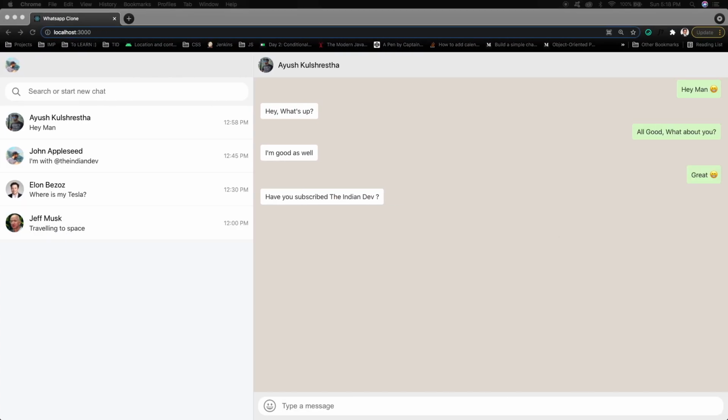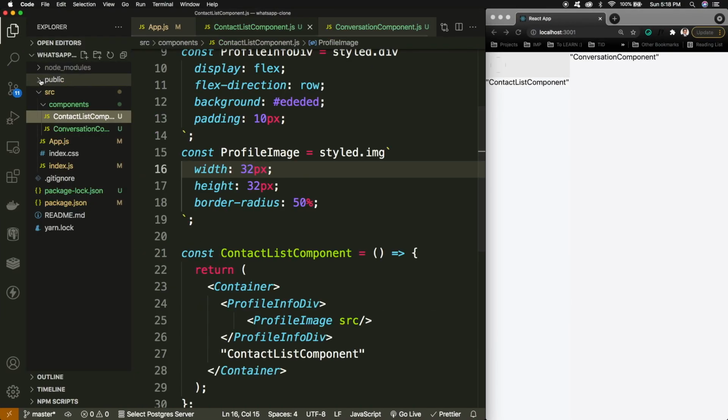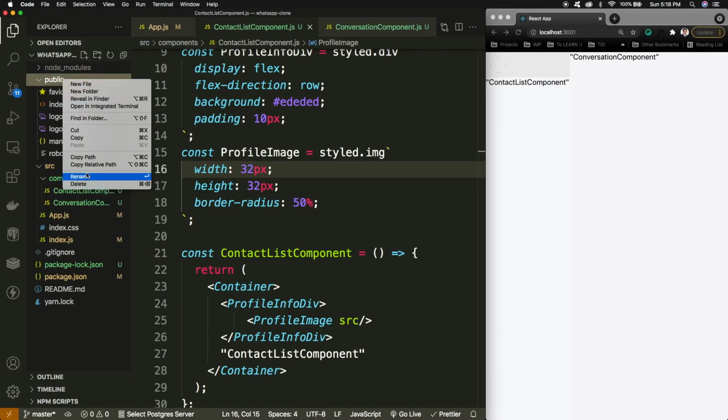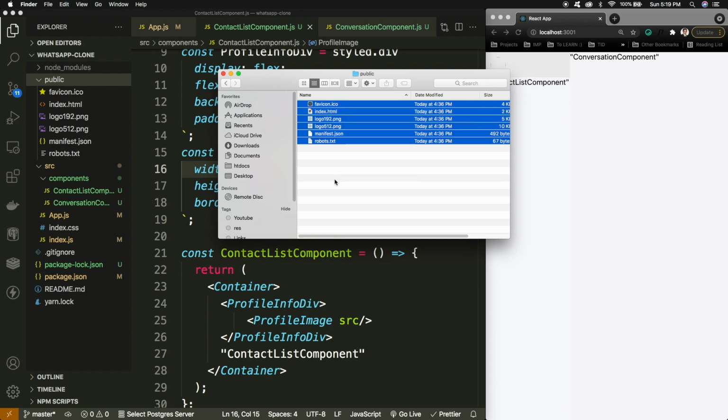For the local stuff, what I'll be doing is simply copying that stuff from my local system. So as of now I just copied all the structure and I can simply paste it in my public folder. If I reveal it in the Finder or the File Explorer, then I can simply paste it.